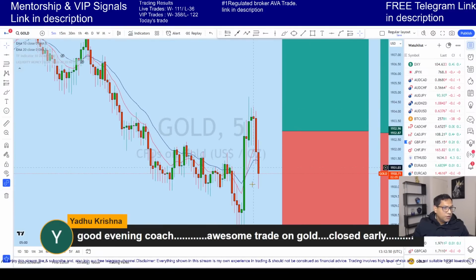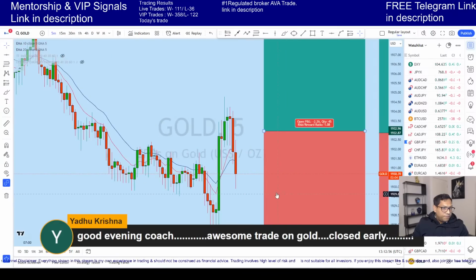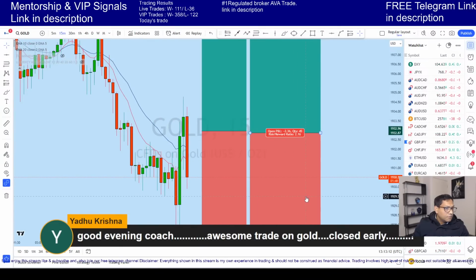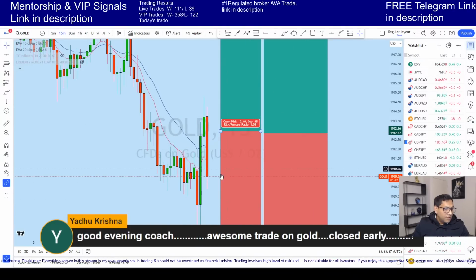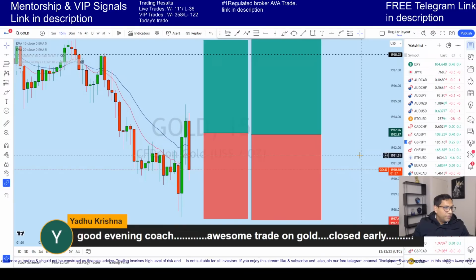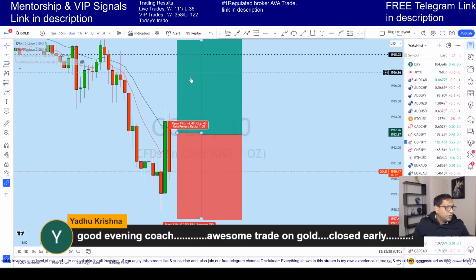Okay, so here you can't allow much drop. If it is dropping further, that means that this move was a liquidity grab. Still, from the 15 minutes, from 30 minutes,